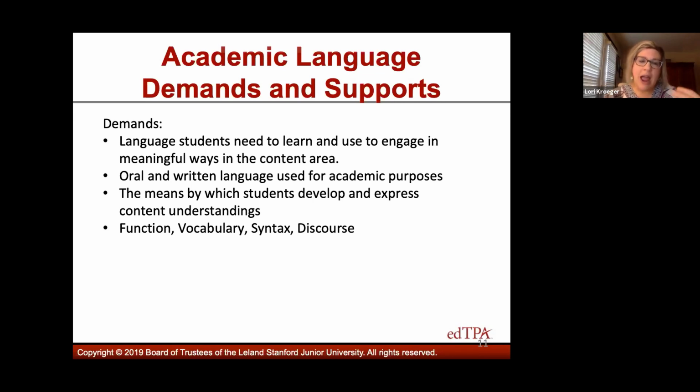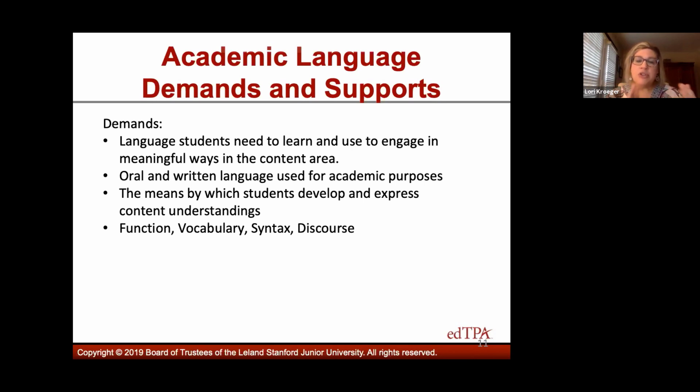So the 4 academic language demands that are assessed in edTPA are language function, vocabulary, syntax, and discourse. I'll just quickly define each of these.